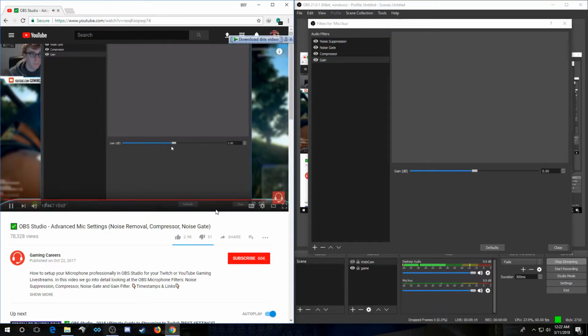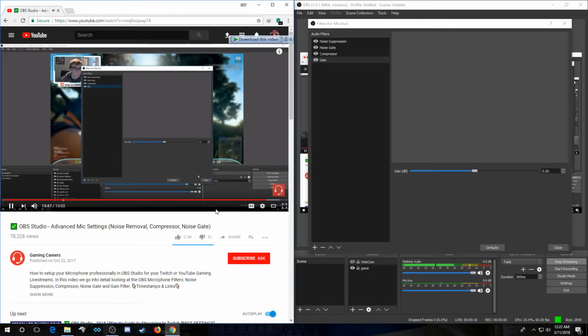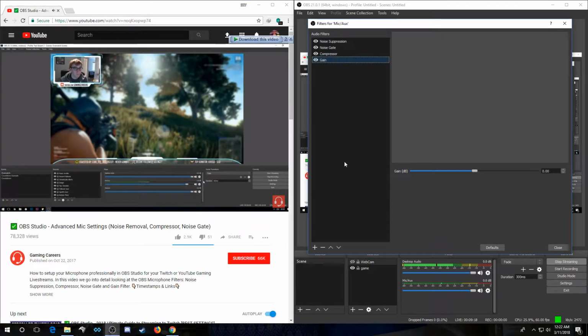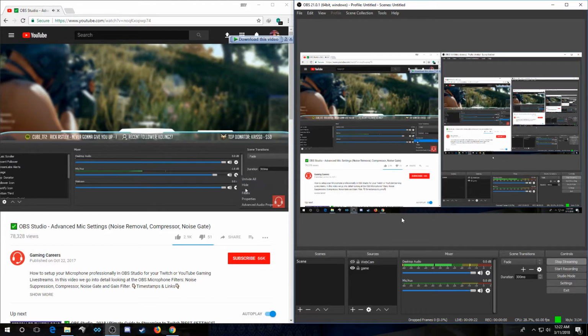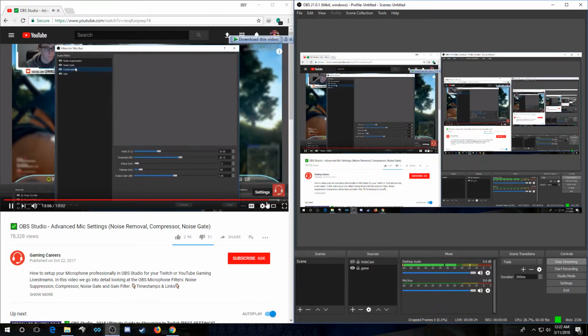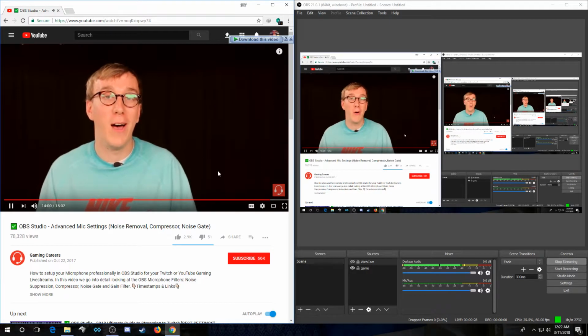That is how you do it. Once you're happy with all your settings, you can just click close. And again, if you want to go back into any of your microphone filters, you just click the cog icon and then hit filters, and all 4 of them are there for you to play around with again. Hopefully by this point you now have